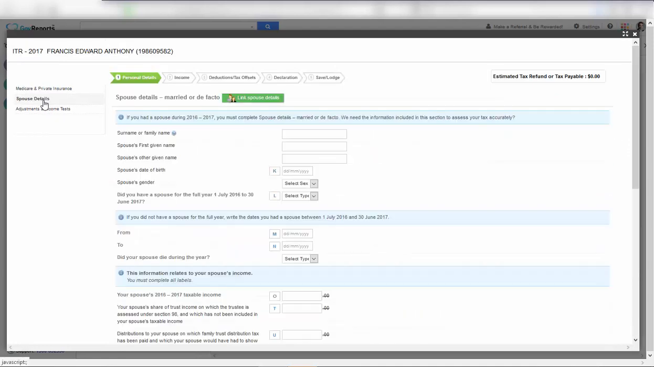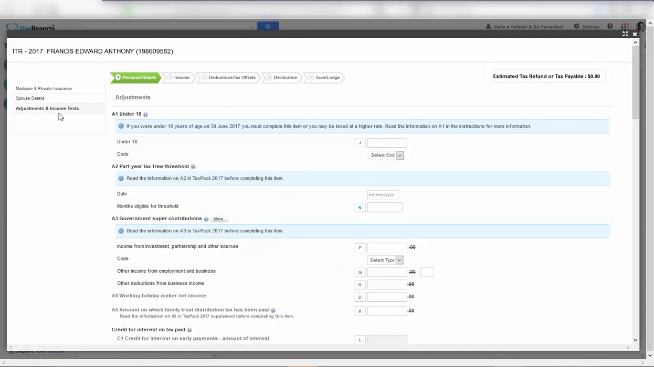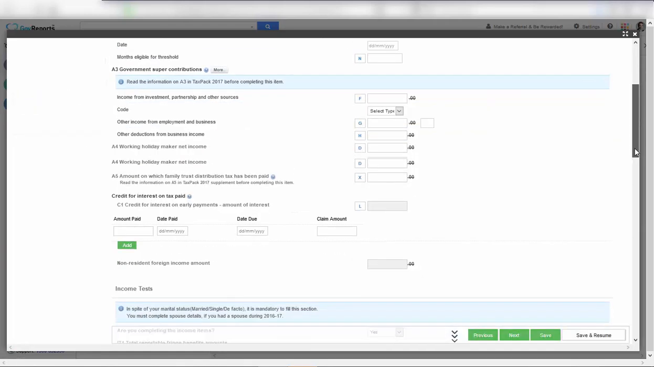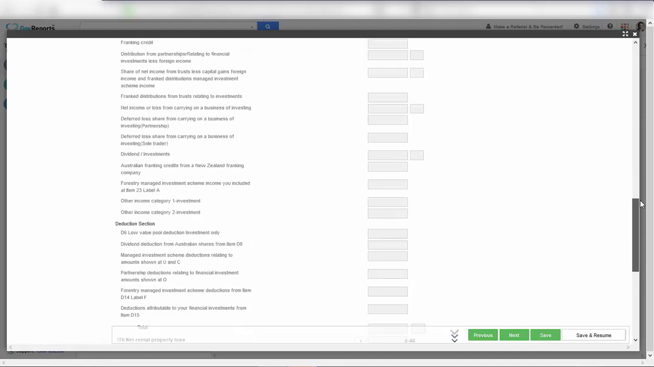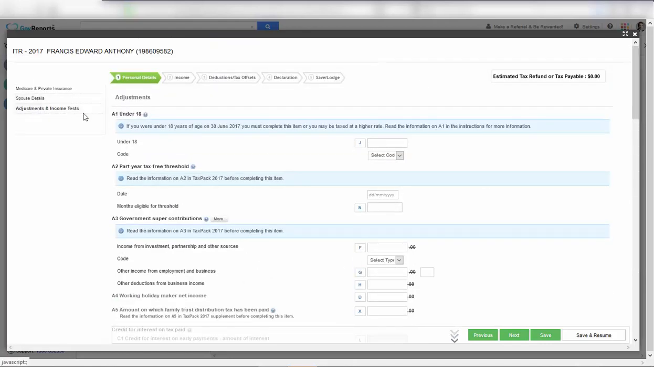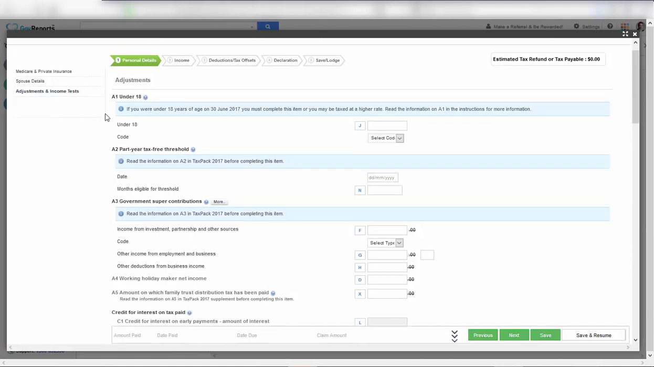If they also have a spouse and you would like to add them onto the tax return, you can link. If the spouse is on your client list, then you can link the spouse. But otherwise, if the client doesn't have a spouse, you don't need to go into these sections. Again, similarly, if they've got adjustments or income tests, etc., whatever is applicable to them, you just click onto that link and fill out the sections as you go along. Once you have completed these sections, you can just click on the next tab